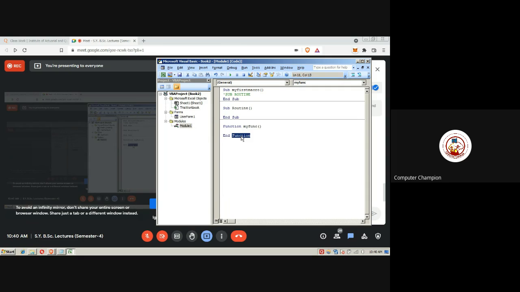So does anyone have an idea what is the difference between a subroutine and a function? Anywhere you have heard or seen online on Google or anywhere?